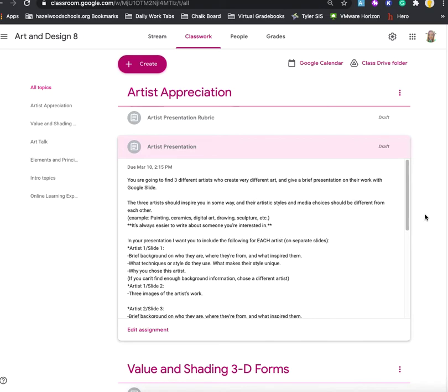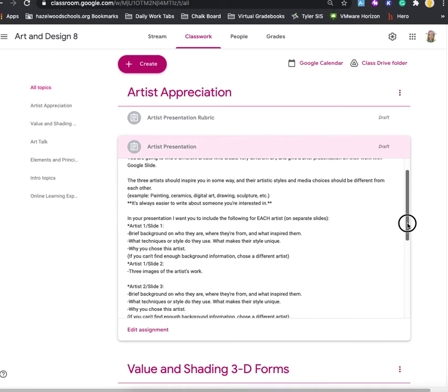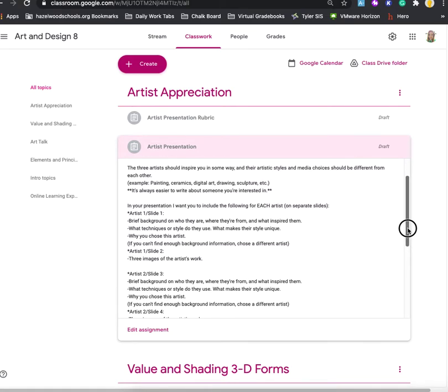Project, you're going to find 3 different artists who create very different art and give a brief presentation of their work in a Google slide. That is the gist of the project, but then I go ahead and break it down further just in case you have any questions. So the 3 artists should inspire you in some way, and their artistic styles and media